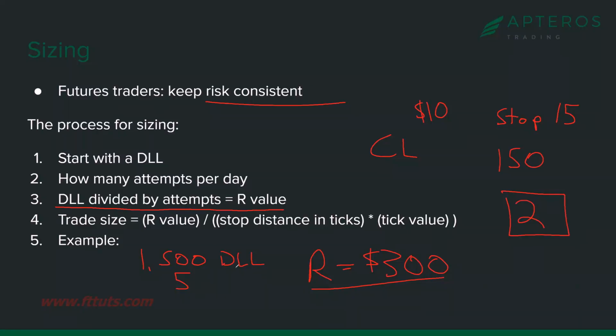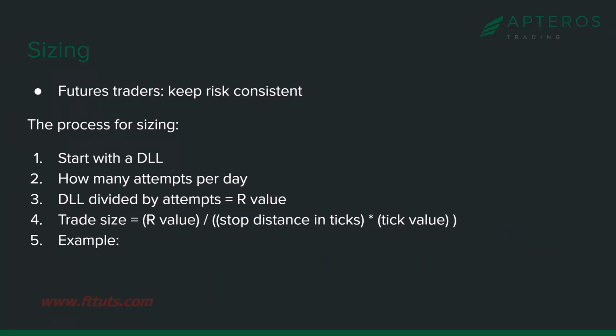You're not going to be doing this much math. You're going to learn, okay, for my R value, if I can get something with an 8 tick stop, I'll trade 2 lots. But if it's a 10, 15, 16 tick stop, I trade 1 lot. So you'll learn that, and then you'll evolve over time as your daily loss limit gets bigger. That is the correct way to size a trade. You have to have a daily loss limit. You can't operate without a daily loss limit. You won't be in the business very long if you don't.